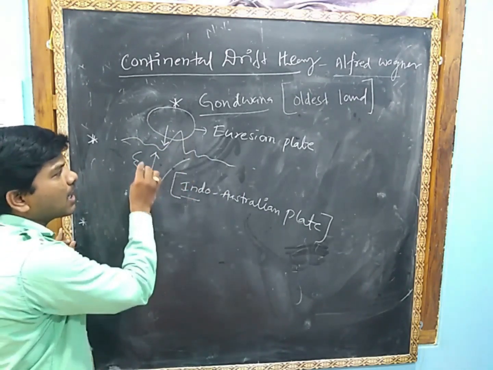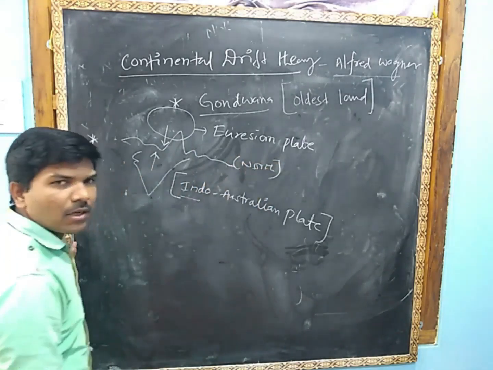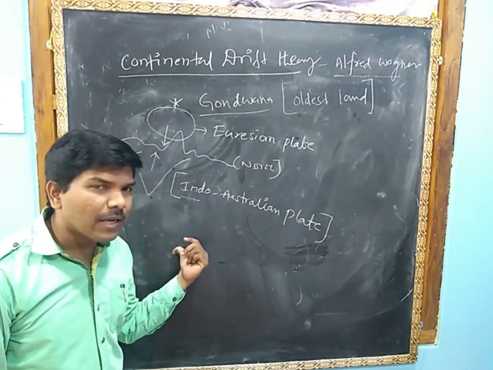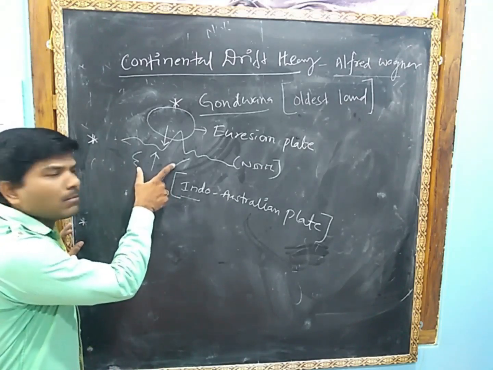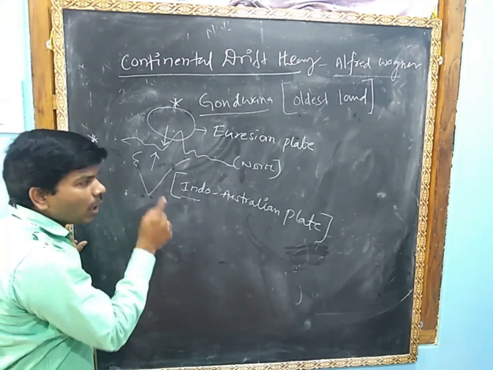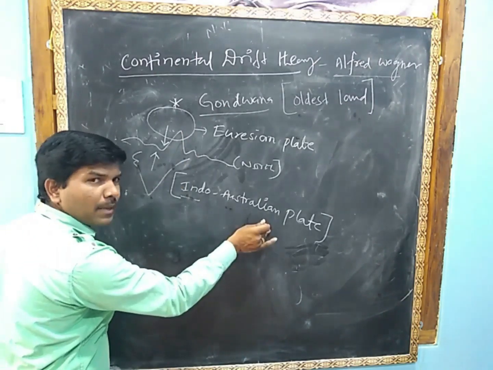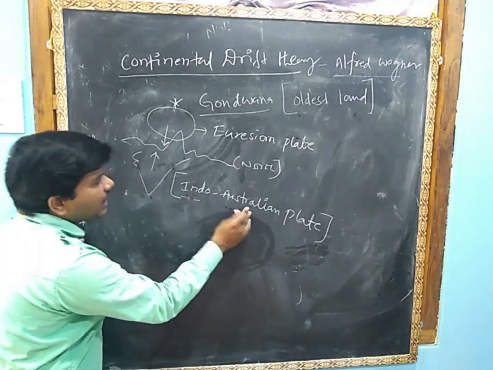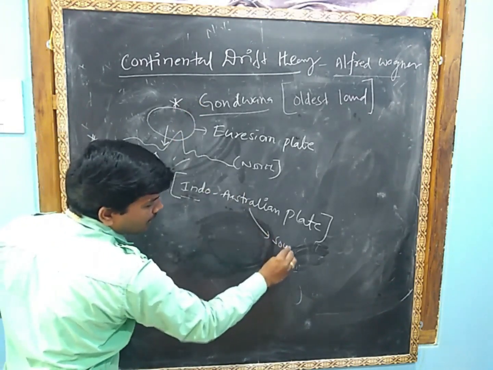Then the Himalayas are formed, and most of North India was formed. I want to repeat this topic again. You see better, this is Peninsular India. Most of Peninsular India formed from Gondwana land. Is it clear? So now we are discussing that India is separated from the Indo-Australian plate. Australia and India both are separated from this plate. India moved to the northeast side, Australia moved to the south side.